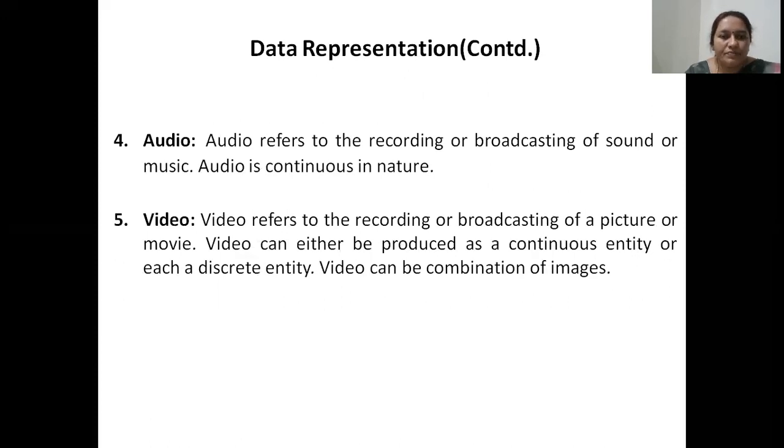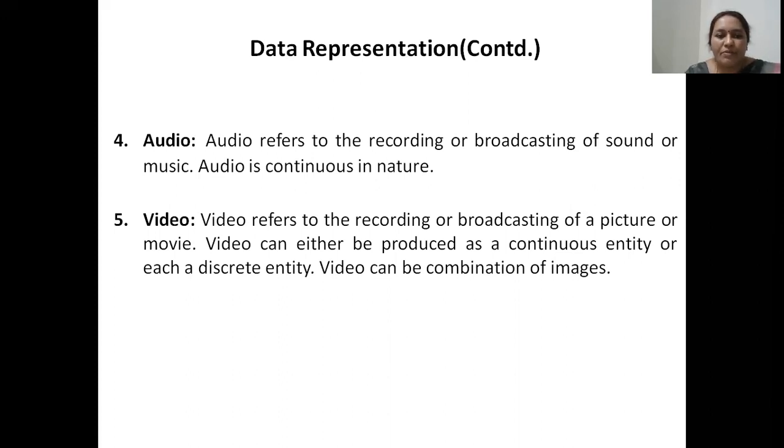When it comes to audio, audio can be your voice or any sound or music which can be recorded and broadcasted on the computer network. Audio is basically continuous in nature. So audio signals are analog signals. They are not digital signals. Digital signals means they are discrete. They can be only of 2 levels, 0 volt and a high voltage, maybe like 5 volt or 10 volt. That is known as a digital signal. Whereas a continuous signal can be of any range of frequency or voltage level. So audio signals are represented as analog signals or continuous signals on the computer network.